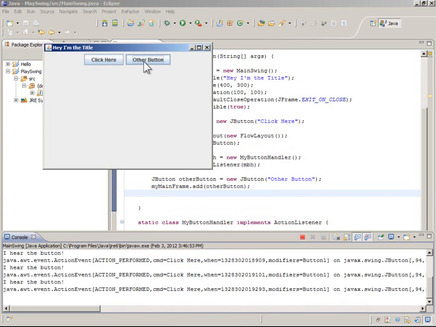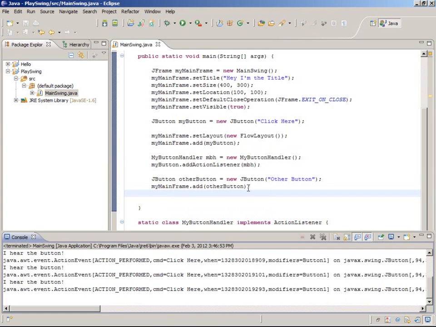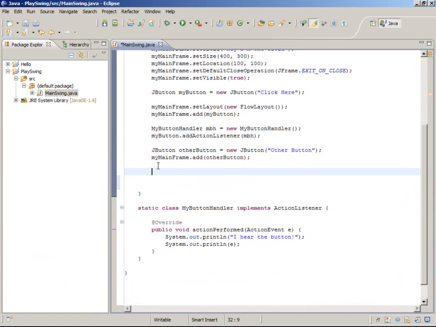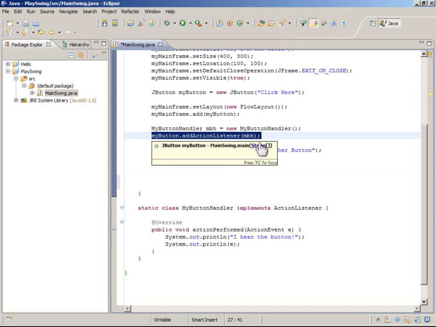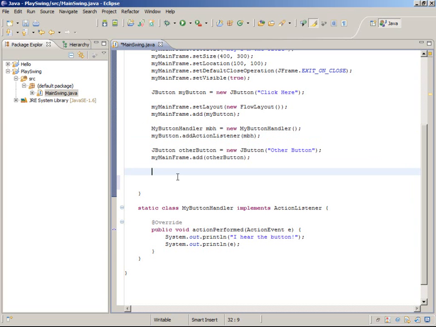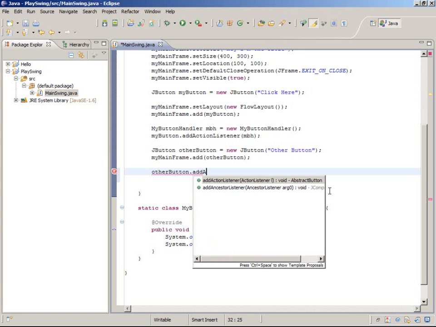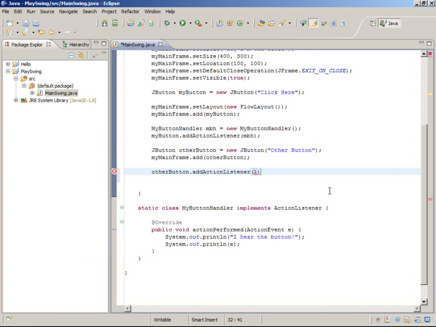This one doesn't. So now let's make the event handler for the other button. This is an interesting technique in Java if you don't know how to make an inner class, an anonymous inner class. So we're going to compare it to how we did this. We associated myButton with an object that implements the ActionListener. So for this next one, for the other button, we're going to call addActionListener, and instead of